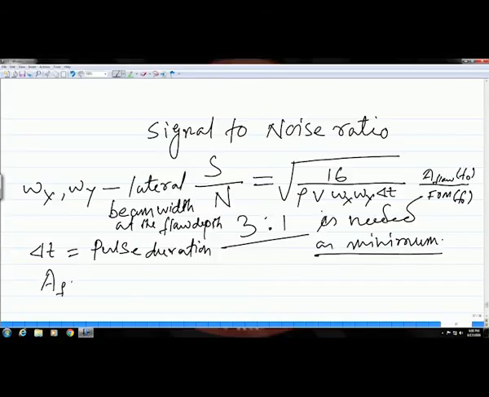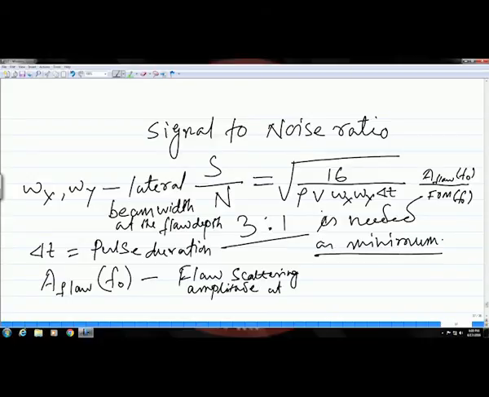This is the amplitude of the signal coming out from a flaw, which is a function of the central frequency f naught. So, this is flaw scattering amplitude at center frequency,